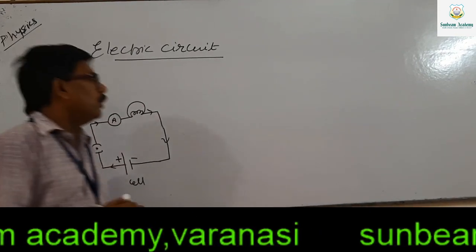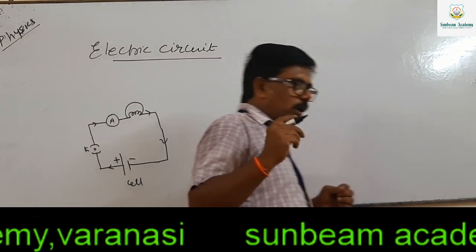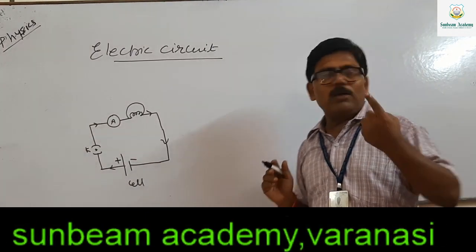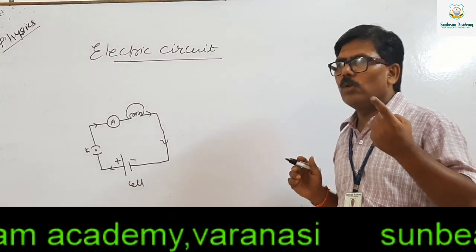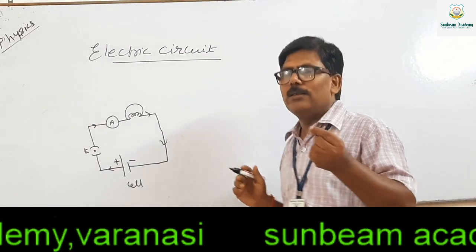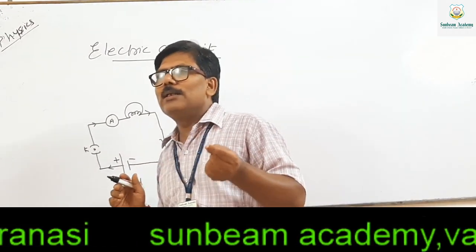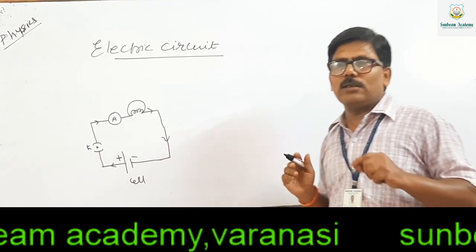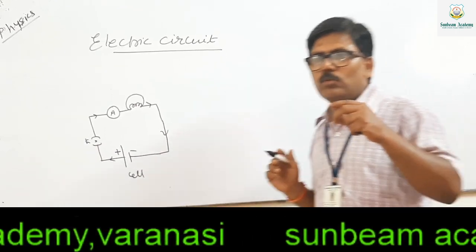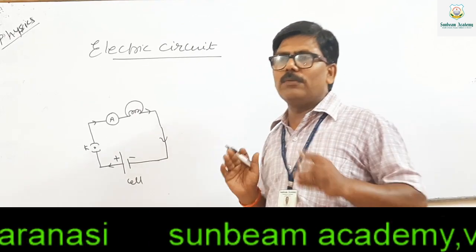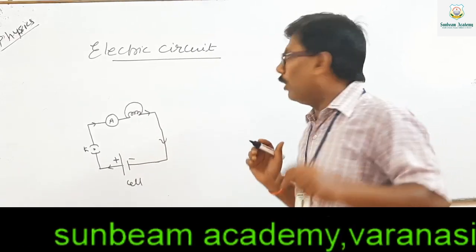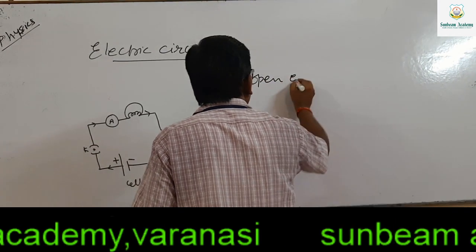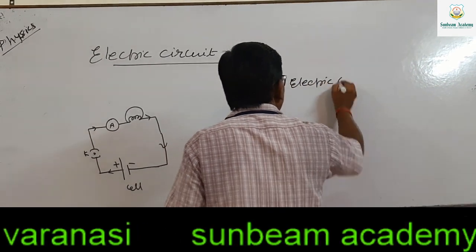Many students in the board examination, this question is always asked as a one mark question, that draw the open electrical circuit and closed electrical circuit, and students always write it in the opposite way. Here the word open electric circuit,